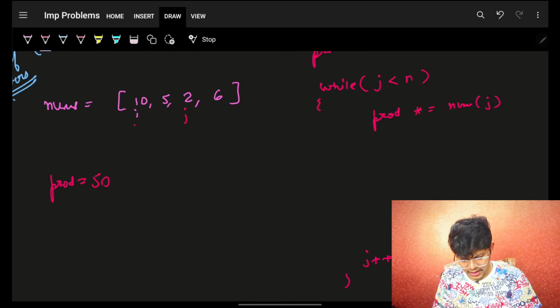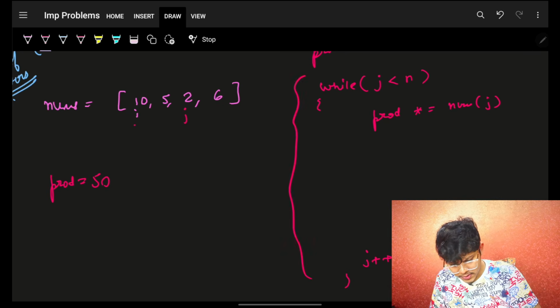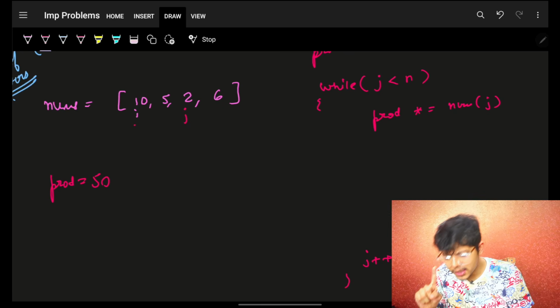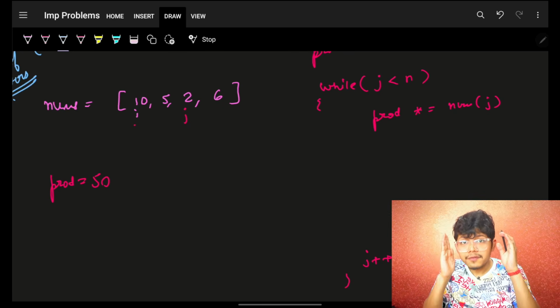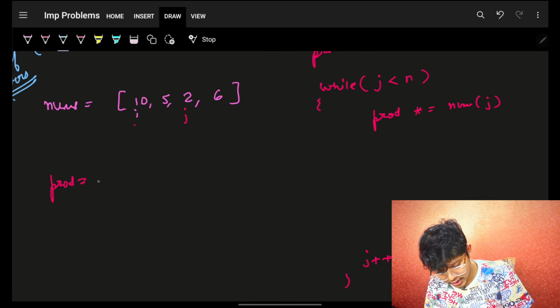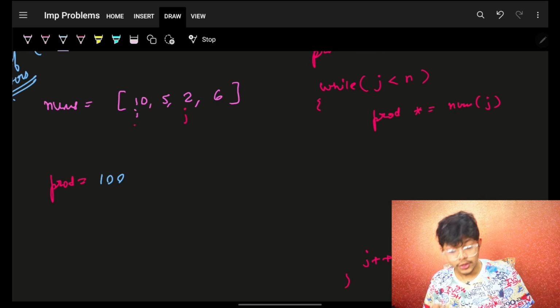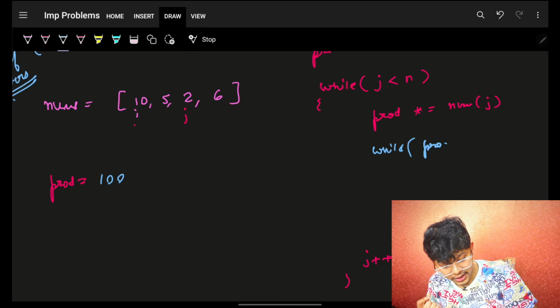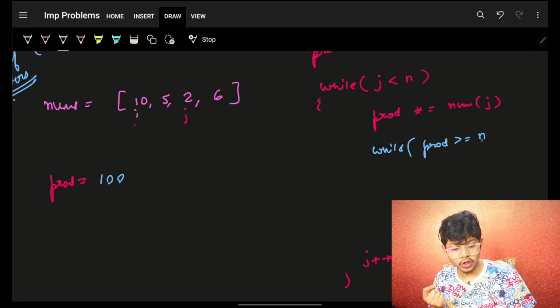But Aryan, by this loop simply your j is moving. When will your i move? I will only move it when your product actually becomes more than your k. So as you can see, your product became 100. So now while my product is more than or equal to my actual k value, which is the limit for us,